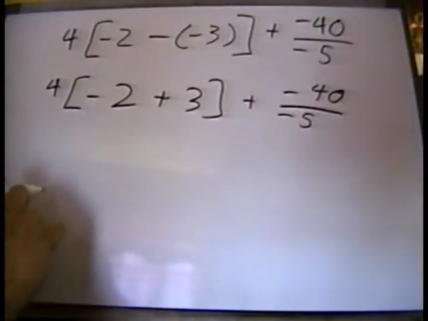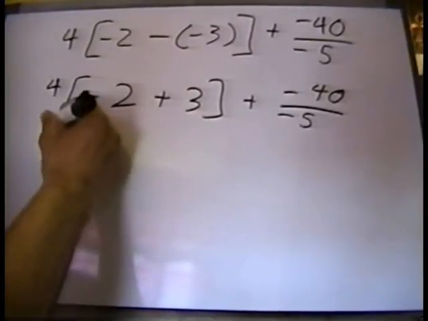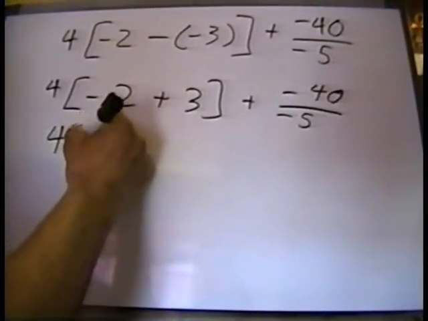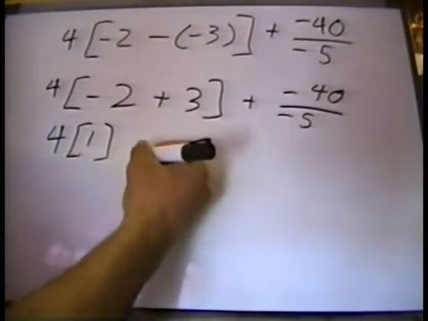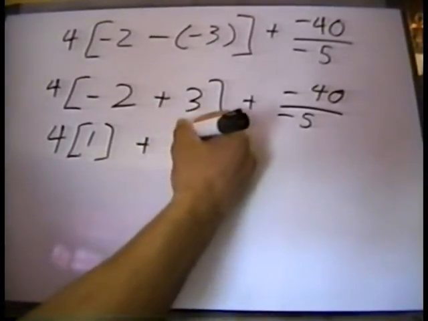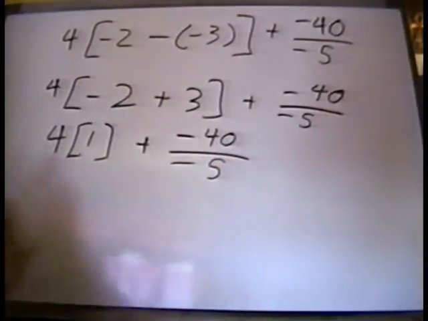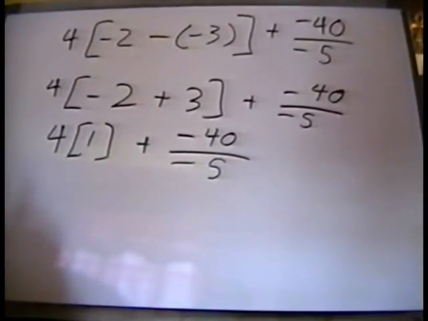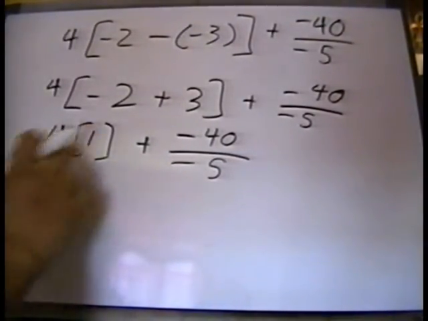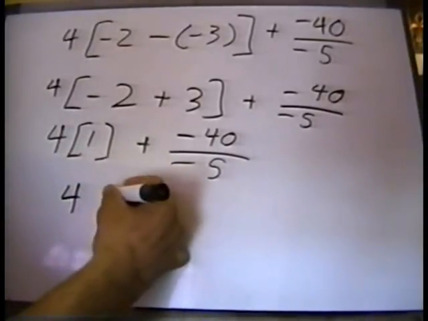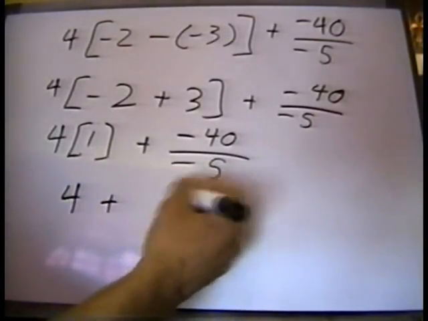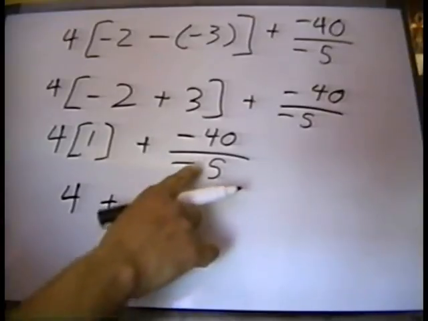Negative 2 plus 3, or 3 minus 2, which is 1. So you get 4 times 1 plus a negative 40 over a negative 5. Okay? 4 times 1 is 4. 4 plus negative 40 over 5. Now here, negative divided by a negative